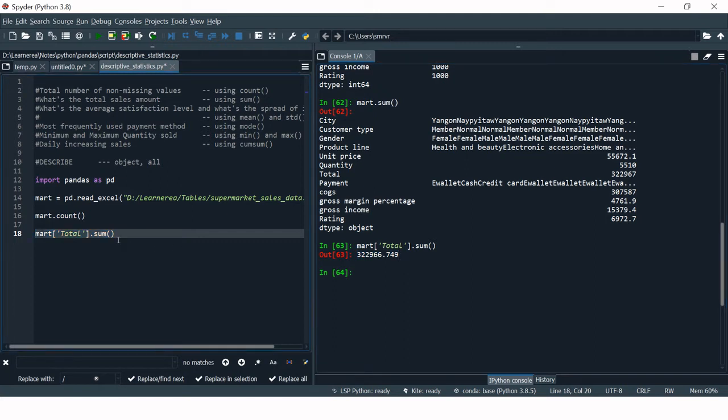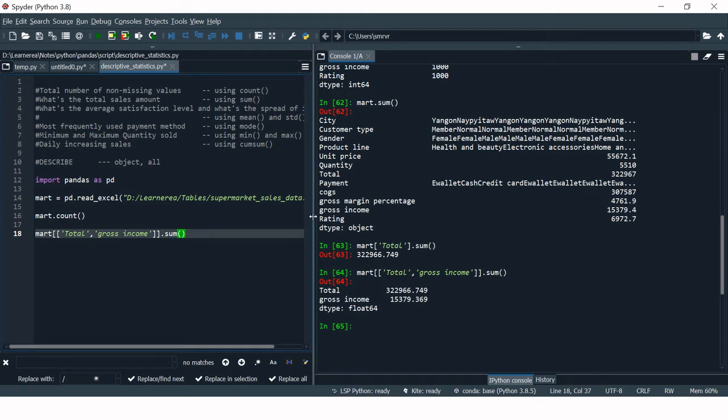If you want to include more than one variable, but not all variables, you can just pick those variables and put them separated by commas, and then make another list for them. I mean, just enclose them in another square bracket, select them, and run it. Here you can see we have the sum for total sales and the sum for gross income. So this is how you can use the sum function to find the total of any of the variables.